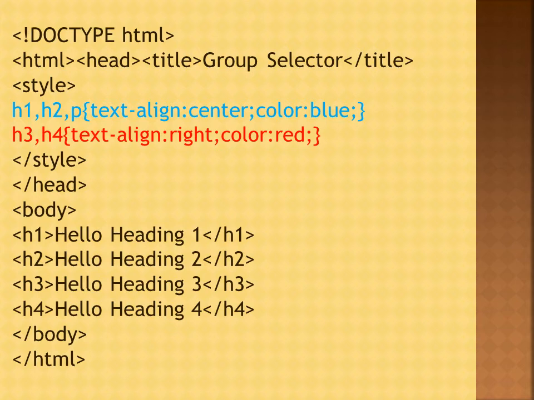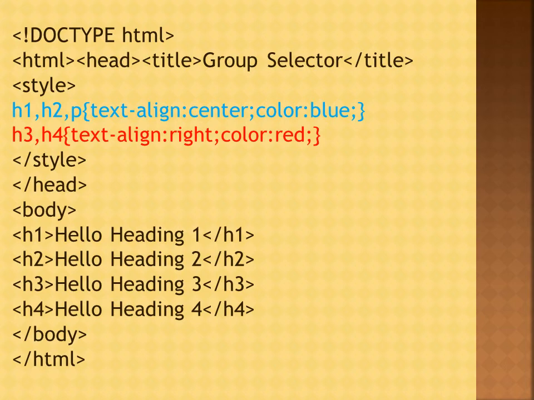In the first group we are grouping 3 HTML elements, that is H1, H2 and paragraph, and in the second group, H3 and H4. The first group's style, text-align equal to center and color equal to blue, is applied on its elements. Text color is blue.